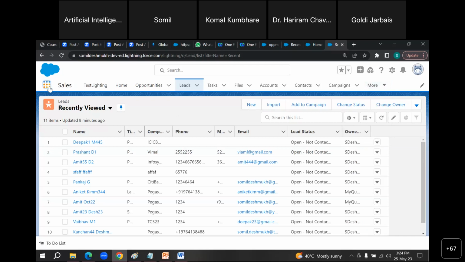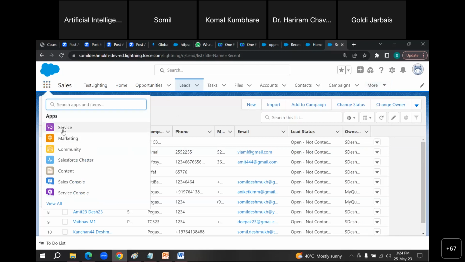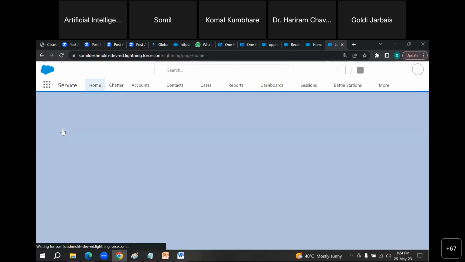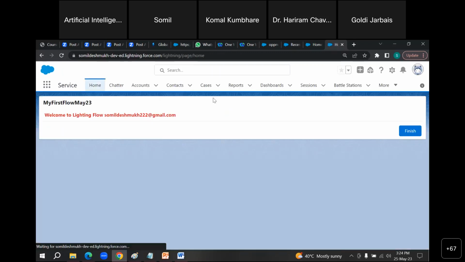You can go to the service app. Here you can see cases.